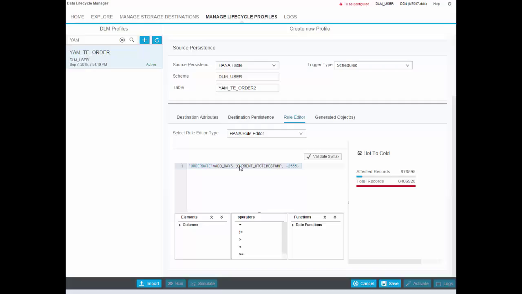Where this rule is type of dynamic, as if you schedule the execution of the lifecycle profile on a frequent manner, the rule will automatically specify your current UTC timestamp and always calculate 7 years back, so that you always get